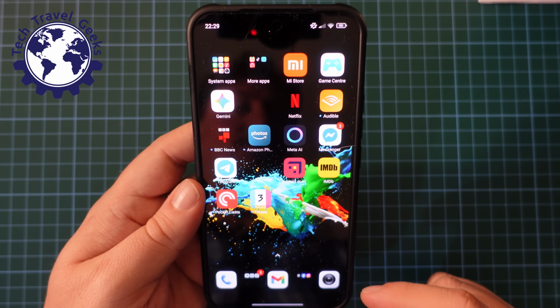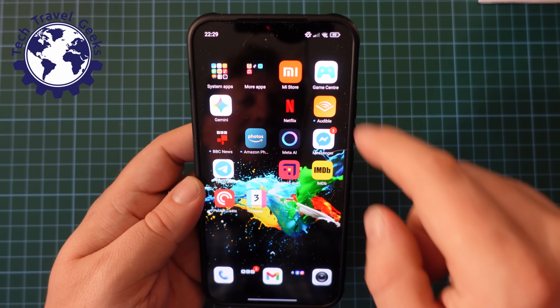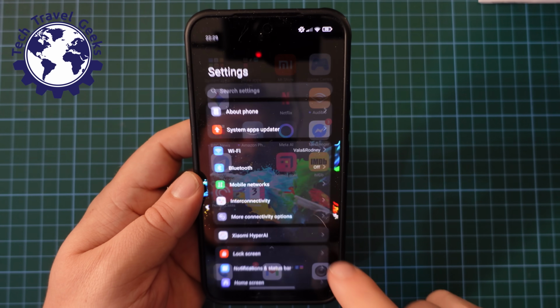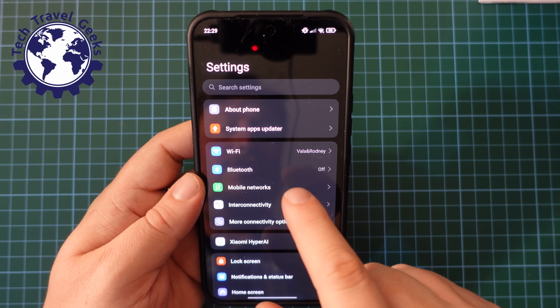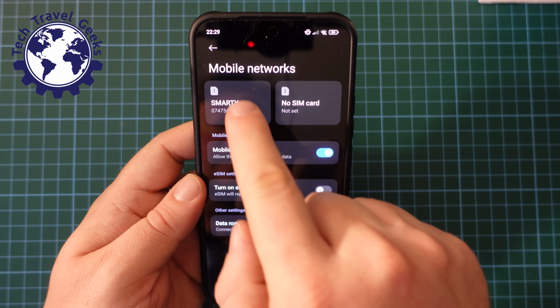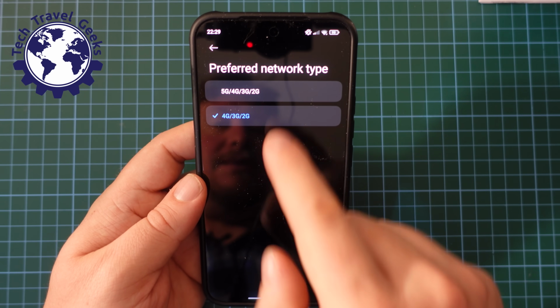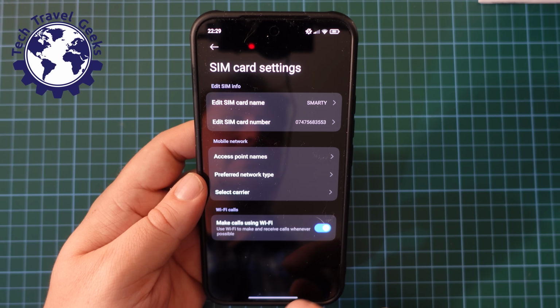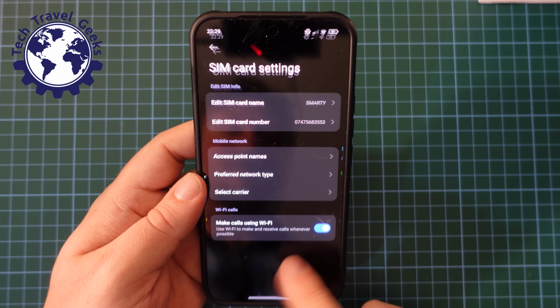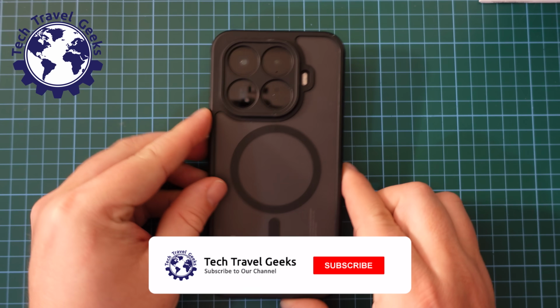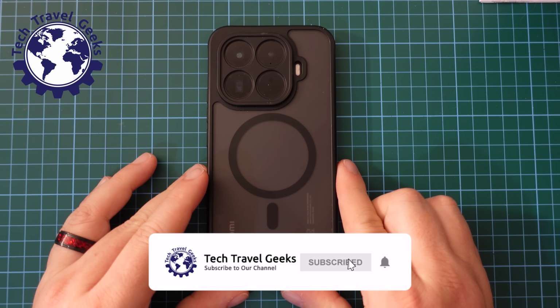And likewise, if you want to switch 5G back on, pull down from the notification shade on the right, go to the settings icon, mobile networks, select your SIM card, preferred network type, and I'm going to switch 5G back on. There you go. So that was a quick tutorial on how to switch 5G off or on the Xiaomi